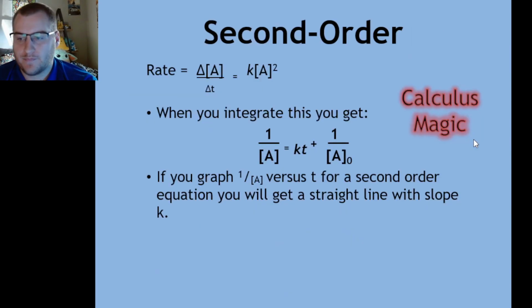Okay, for second order, we have change of a over time is equal to k a squared. We're going to do calculus magic again to integrate this, integrate both sides, and you get 1 over a equals kt plus 1 over a naught, or initial concentration of a. If we graph this one, 1 over a versus time, for a second order equation, you'll get a straight line